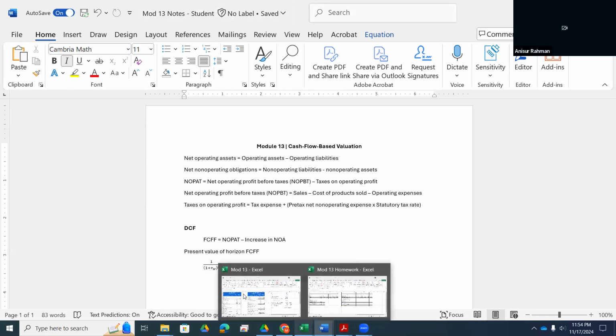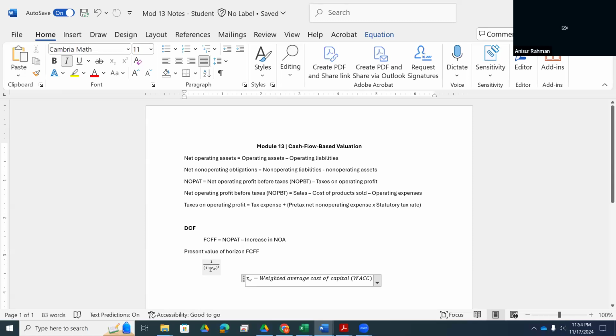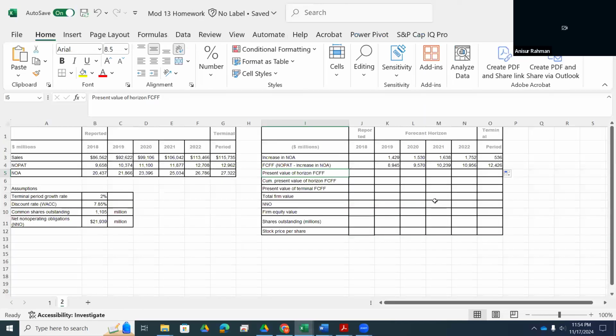So let us calculate that. RW is our discount rate. In this case, this discount rate is the weighted average cost of capital, so you can also write down that it is discount rate. Let's go back to our Excel, and it tells us this is our discount rate, 7.85%. So enter equal, select the free cash flow to the firm, divide by open parenthesis 1 plus your discount rate. The discount rate is the same